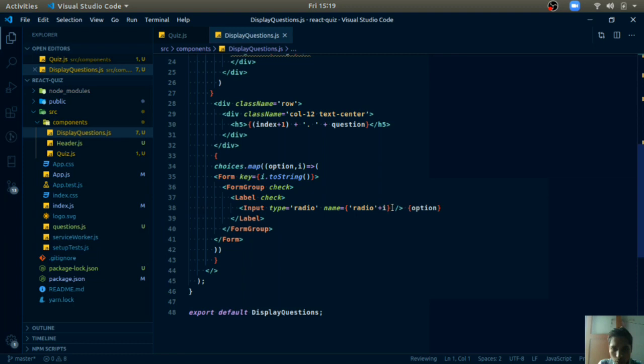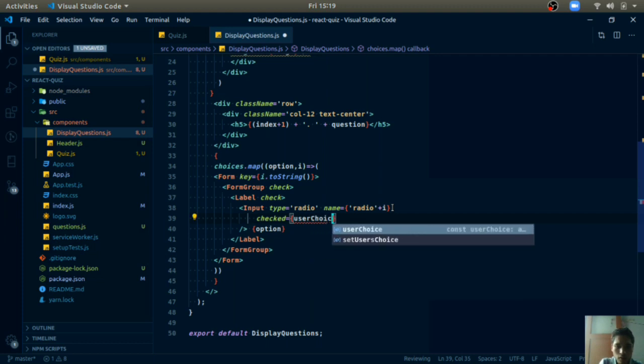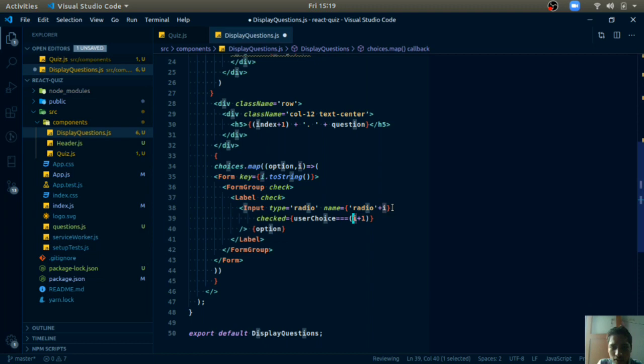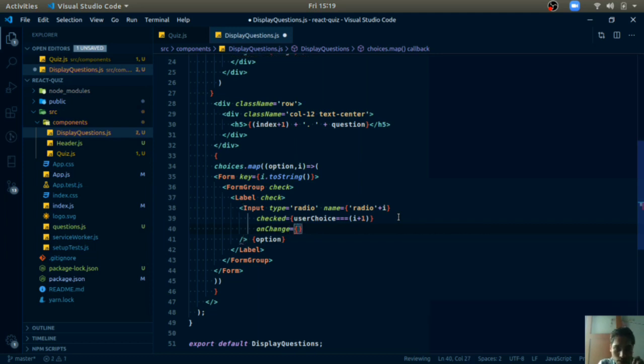So in this input it should be checked only and only when the user choice equals to I plus 1, because if the index is I, then it should be I plus 1, because we are using one based indexing here. And on change handler we will add, so that whenever the user clicks on it, this state will get changed.